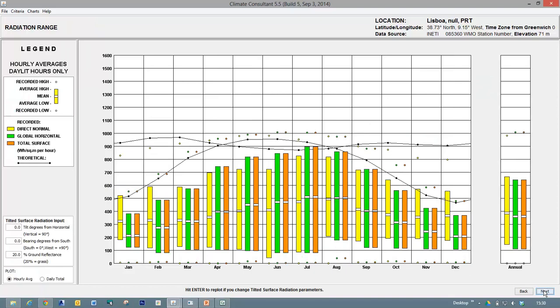Next one. Now, with all of these charts, they're not all going to be useful to you, and it's up to you to select the ones that you find more helpful as a designer. They're basically giving you lots and lots of information, and you need to filter that out. Okay, radiation range again. We've got the months across the bottom, and again we've got the direct normal, global horizontal, and we also have this other metric, which is the total surface